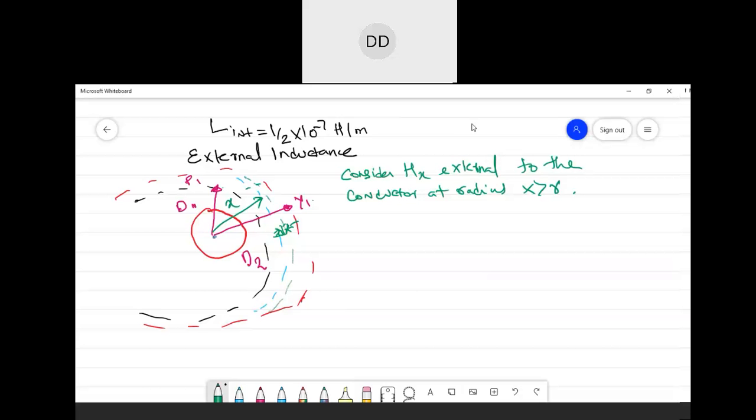In my previous video lecture, where I derived the internal inductance, please revisit it so that you will be able to follow. There I had Ix and I separately, but herein I am taking Ix equivalent to I, because I am considering the radius not equal to r but equal to x, and x is greater than r. So Ix is getting replaced by I, and the flux density at x becomes,